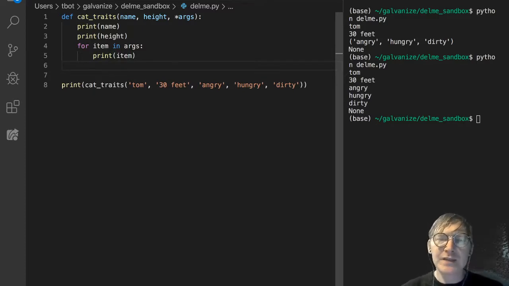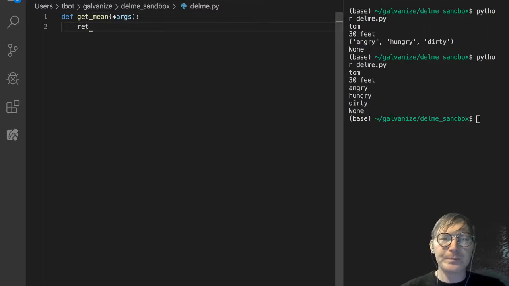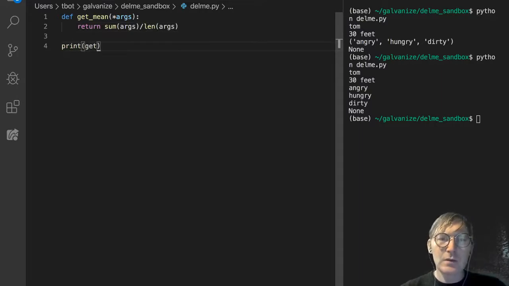These can come in handy, although I really prefer keyword arguments in general, and it really just depends on your use case. Sometimes you might want to pass in, let's do this with something a little bit more real. Let's say def get mean, and let's just make a star args off the cuff. And let's return the sum of the args divided by the length of the args. And let's get the mean of,